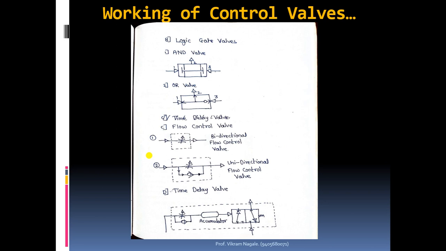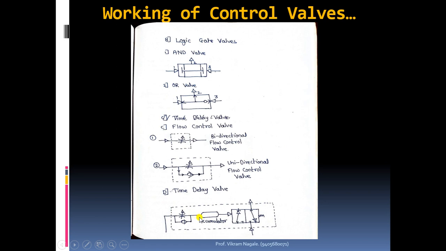Now on that line there is another valve, that is a time delay valve. Now we'll have to discuss the working of this time delay valve. Now see here, this is the main line from which the air is coming from one control valve, and that is passing through this unidirectional flow control valve. Now you can see the structure is same, means air went ahead through that unidirectional flow control valve, and we can control the cross section of this main line, and in left to right the flow will be controlled, in right to left it will not be controlled.